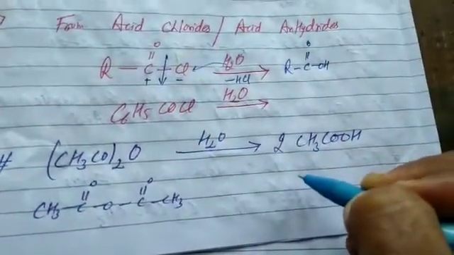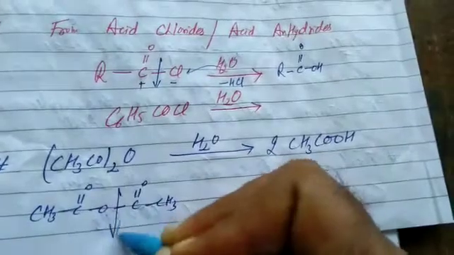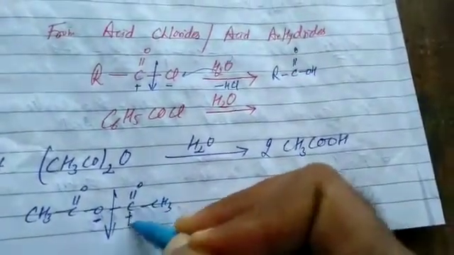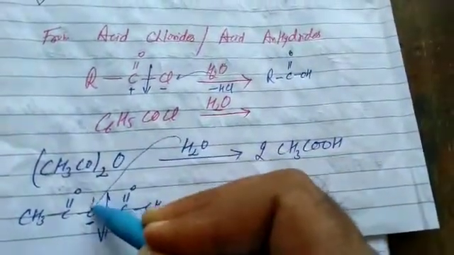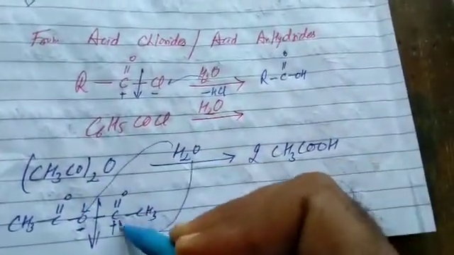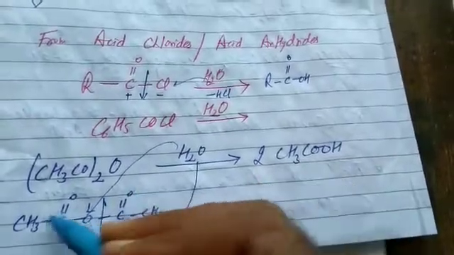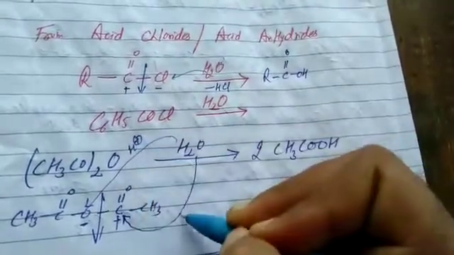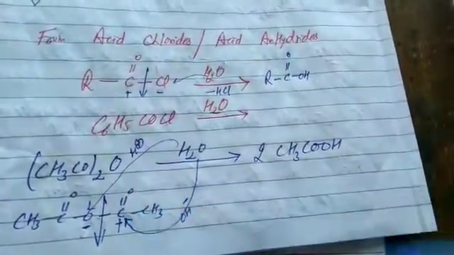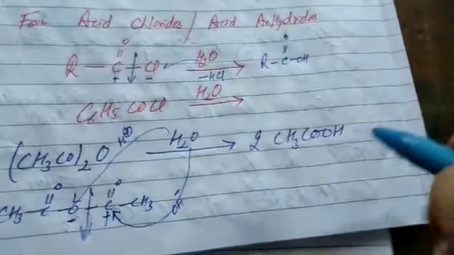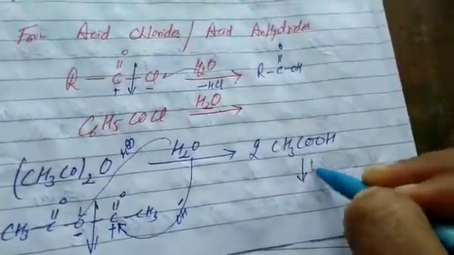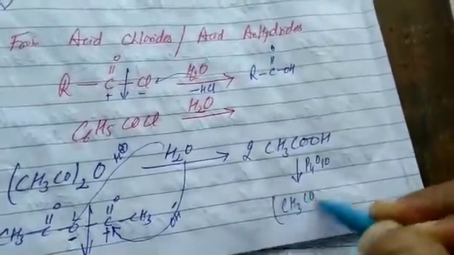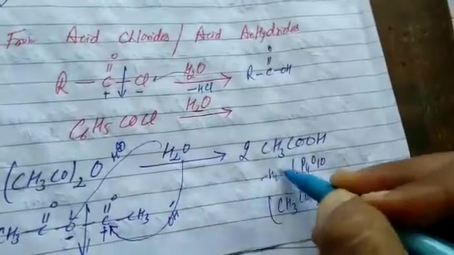Students, what will happen? In acid anhydride, the carbonyl carbon-oxygen bond breaks from either side. Oxygen, being electronegative, gets the negative charge, and carbon gets positive. The H of water strikes the oxygen and the OH of water strikes the carbonyl carbon, giving CH3COOH and CH3COOH. H strikes the electronegative atom and OH strikes the carbonyl carbon, so the dimer of acid is obtained. When we treat the dimer of acid with P4O10, phosphorus pentoxide, again we get acid anhydride and water is eliminated.